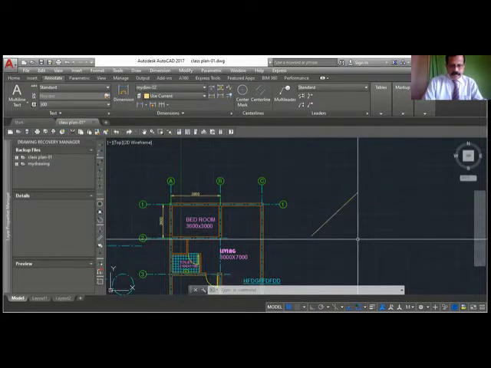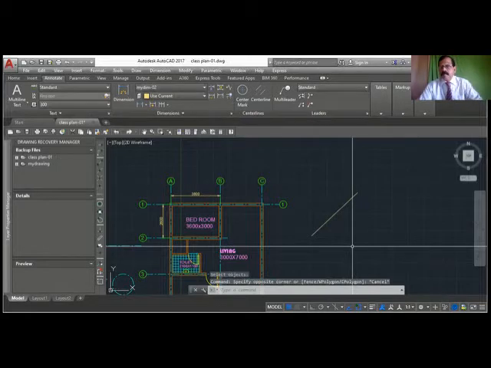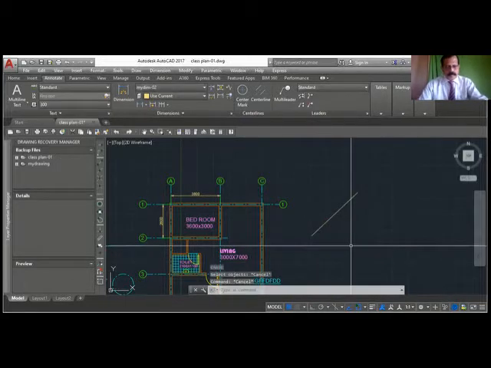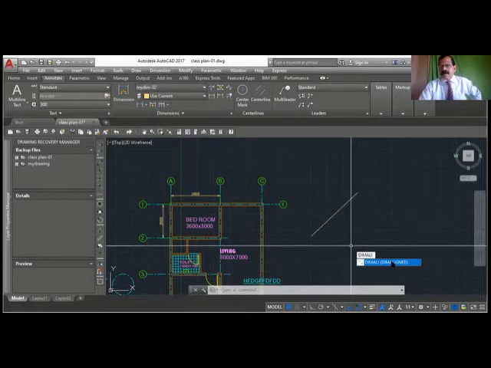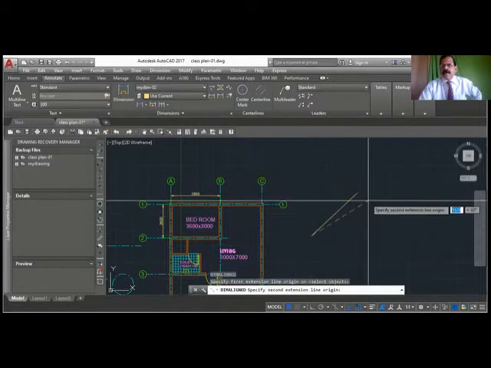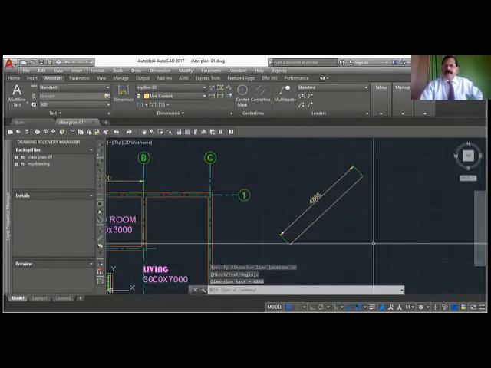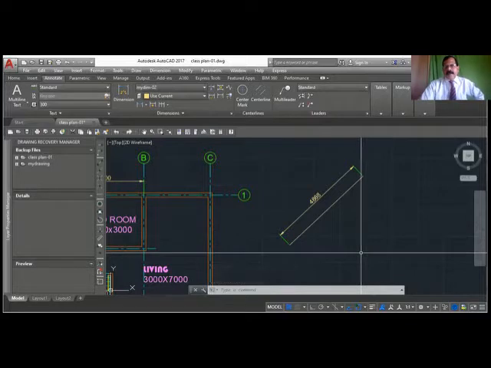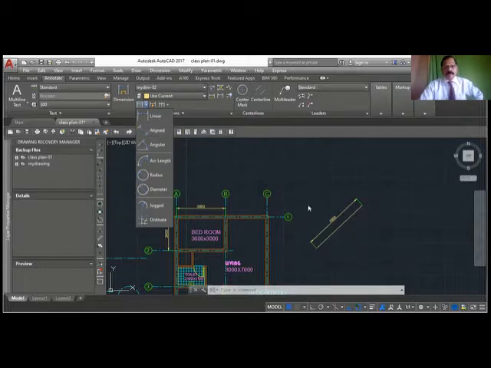So I will say dim A-L-I, dim ali, and select the first point, second point. Dimension align, 1, 2, 3. See, it's automatically parallel to the line. So whenever you have an angular type of line and you want to dimension it, use dim align.